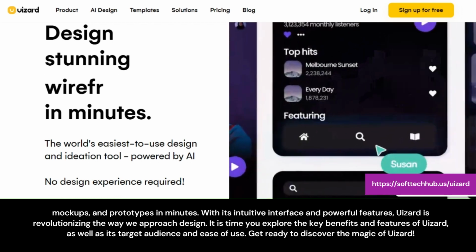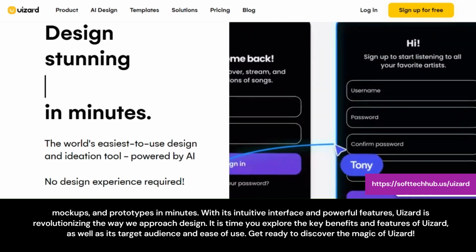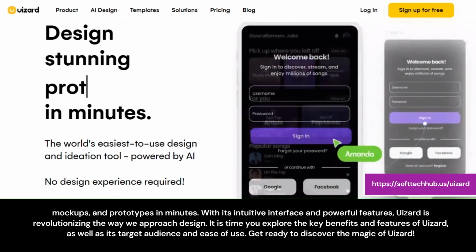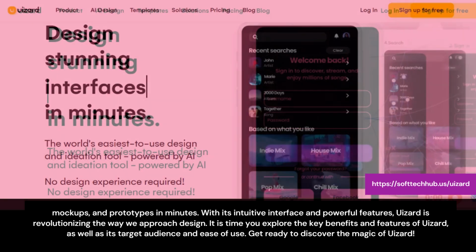It is time you explore the key benefits and features of Uizard, as well as its target audience and ease of use. Get ready to discover the magic of